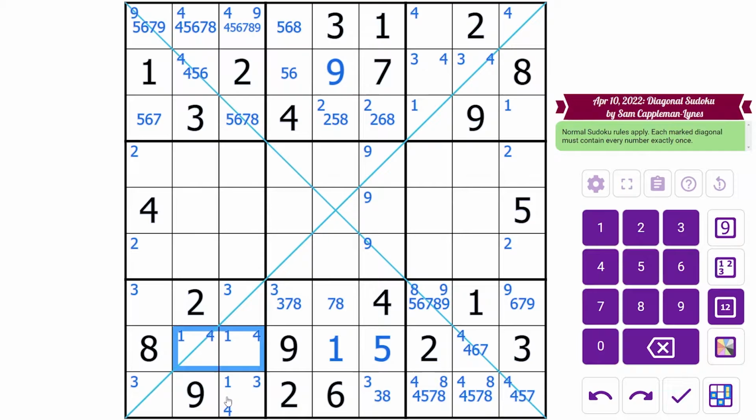These boxes actually see quite a bit. So they see the 1, the 2, and the 3. They don't see their 4. They see the 5. They don't see a 6. They don't see the 7. See the 8 and 9. So this is a 4, 6, 7 triplet. And